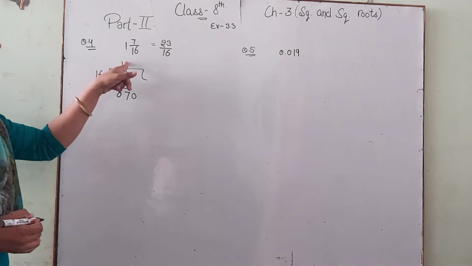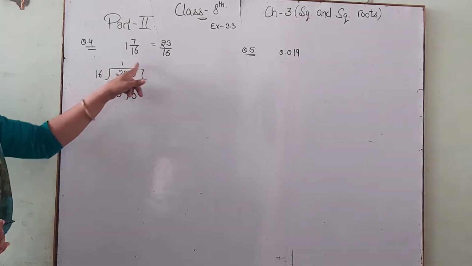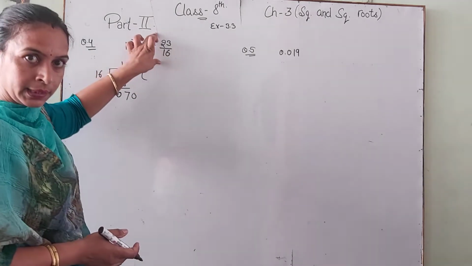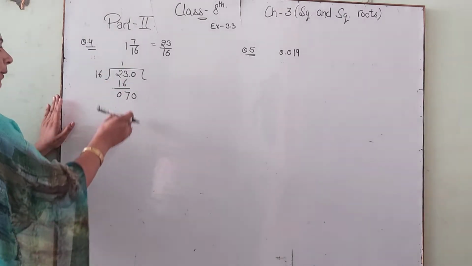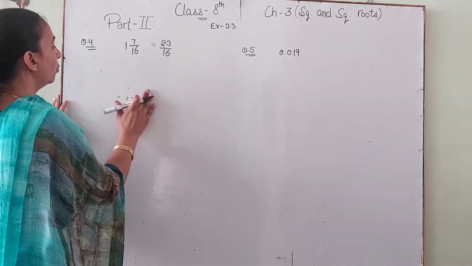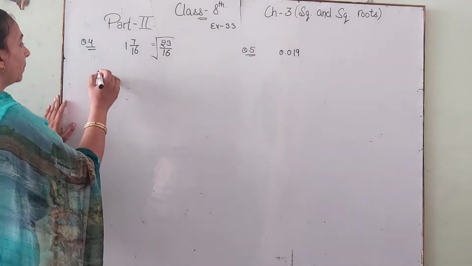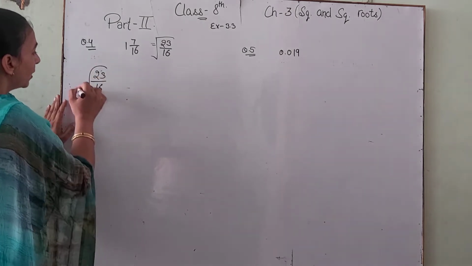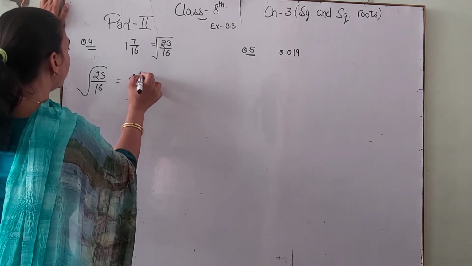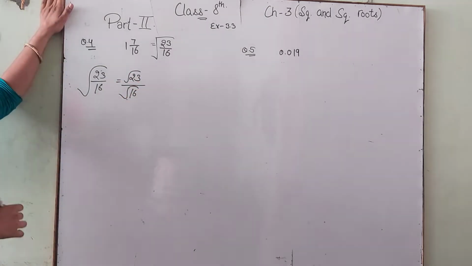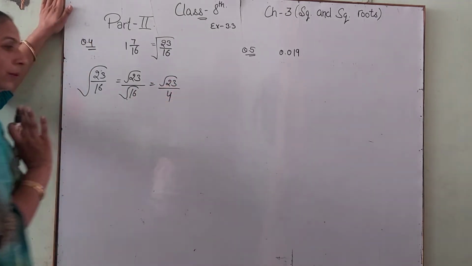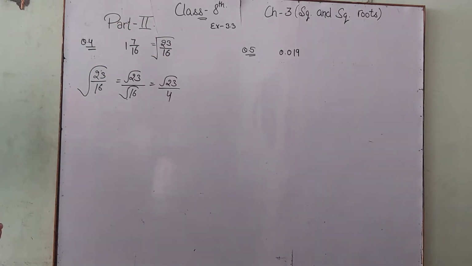Okay, then you find the square root of this answer. But if you find the direct square root of this, there is also no problem. You find both the square root. So first we find this, after that we find the square root. Now we take the simple square root of this. Okay, we find the square root of this because we know the square root of 16 is 4. So we write the square root of 23 and the square root of 16. This is the square root of 23 and the square root of 16, that is 4. So first we find the square root of 23.